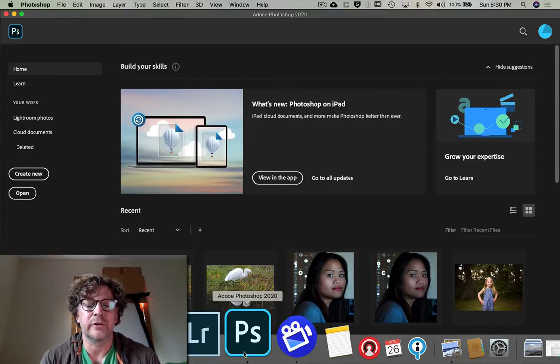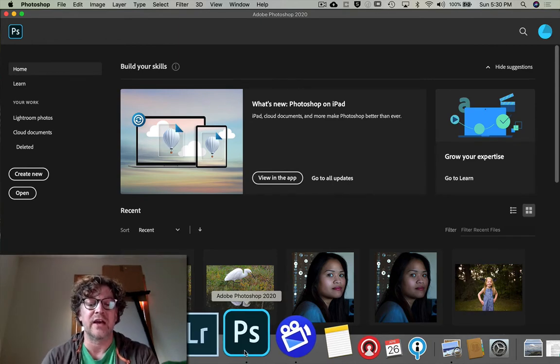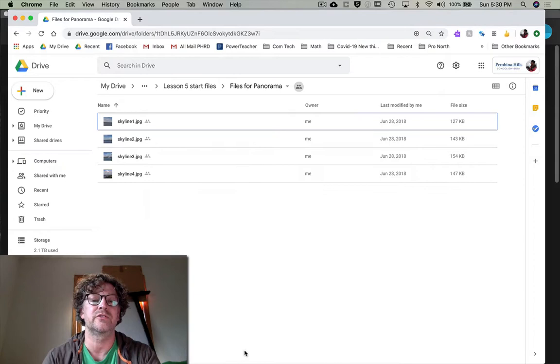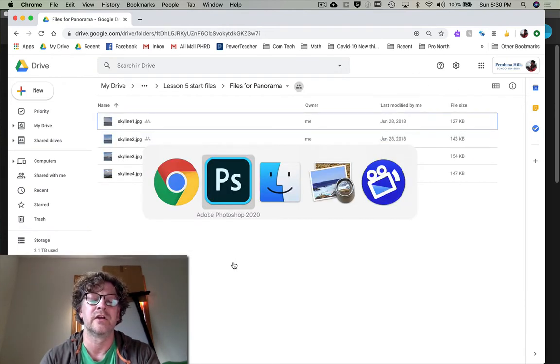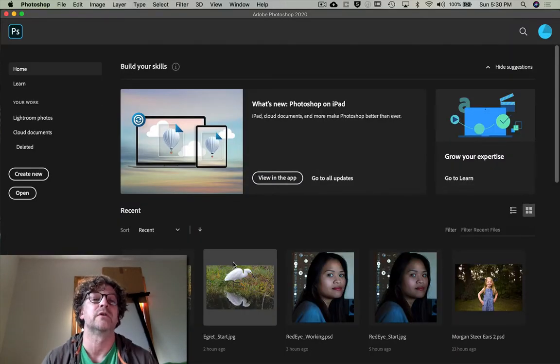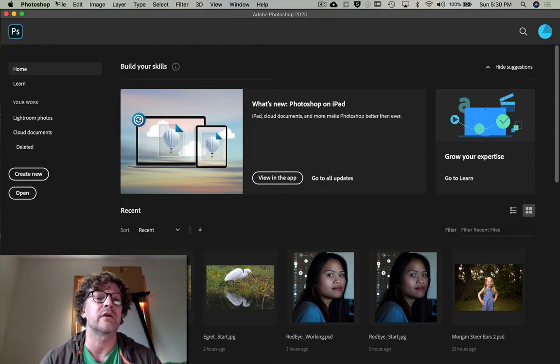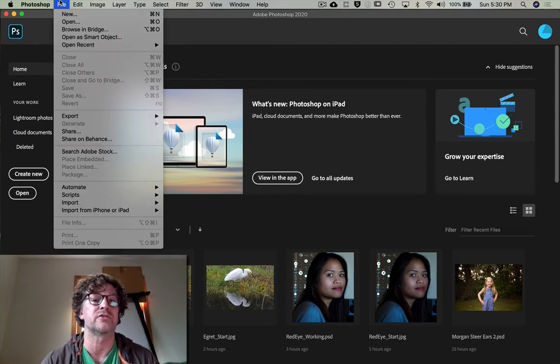All right, so now what we're going to do is stitch four pictures together in a panorama. You need to download those photos that are in the Files for Panorama folder, and then I want you to close all the pictures you have open in Photoshop. Okay, so here we are. Now that those pictures are closed, and the four pictures are downloaded,